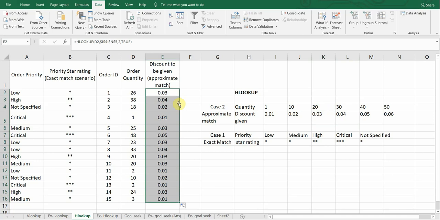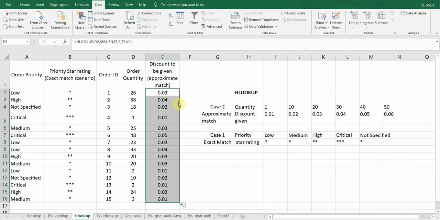So more or less, the VLOOKUP and the HLOOKUP are both similar. The only difference is how you place your lookup table array. Depending upon that, you will have to choose whether it's going to be the VLOOKUP or the HLOOKUP.